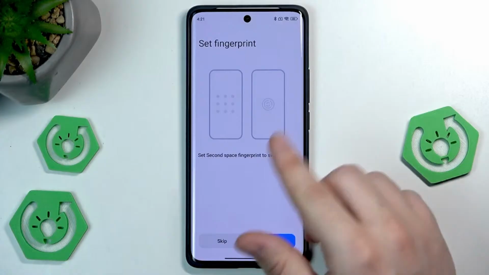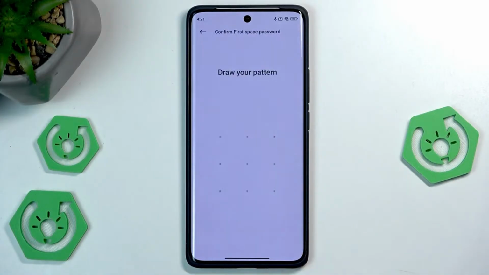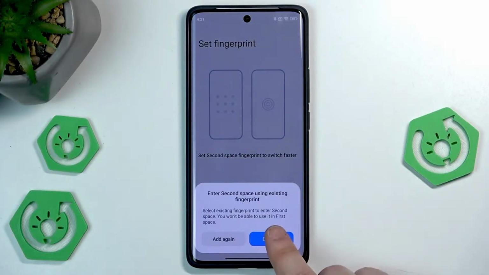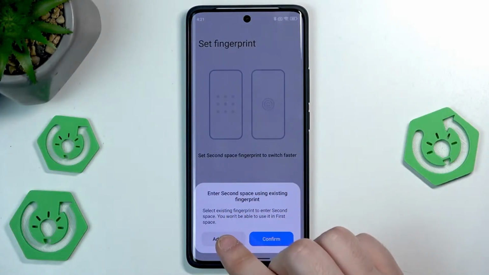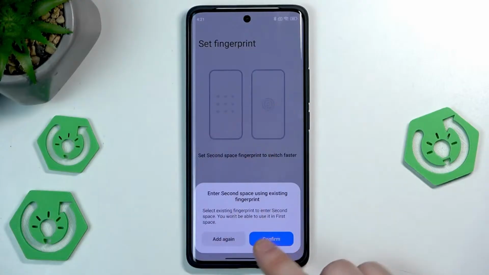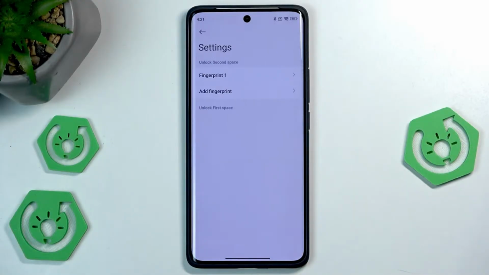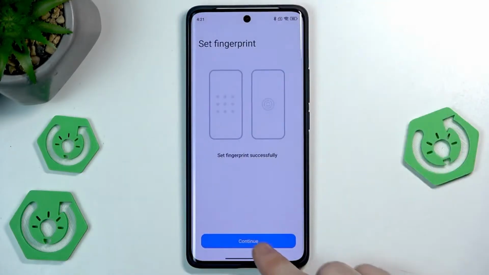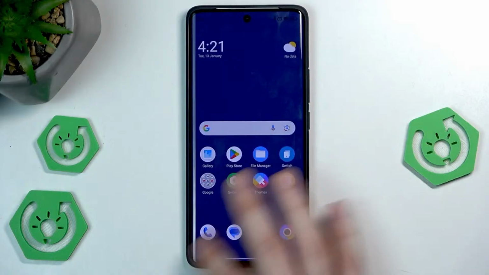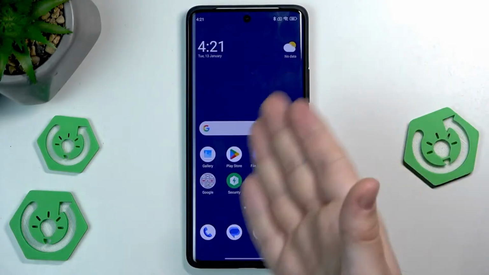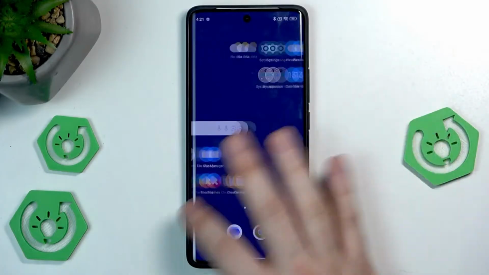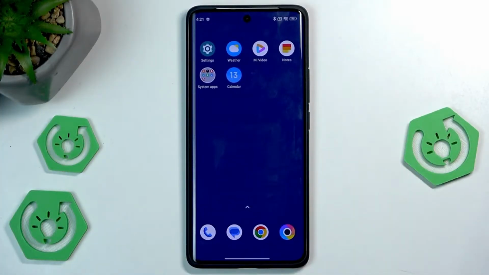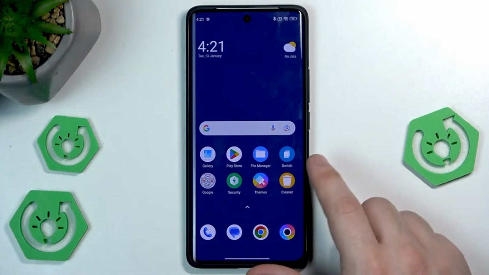Okay, we can also set the fingerprint. Also pretty useful, so let's do it. Click on confirm, or you can add new fingerprint, for example, from your left hand this time. Okay. Everything should be okay. Click on continue. And now we are in our second space. In here, of course, we can install some apps, add photos from our gallery, surf the internet, and many, many more. If you would like to switch back into your normal mode, click on switch,